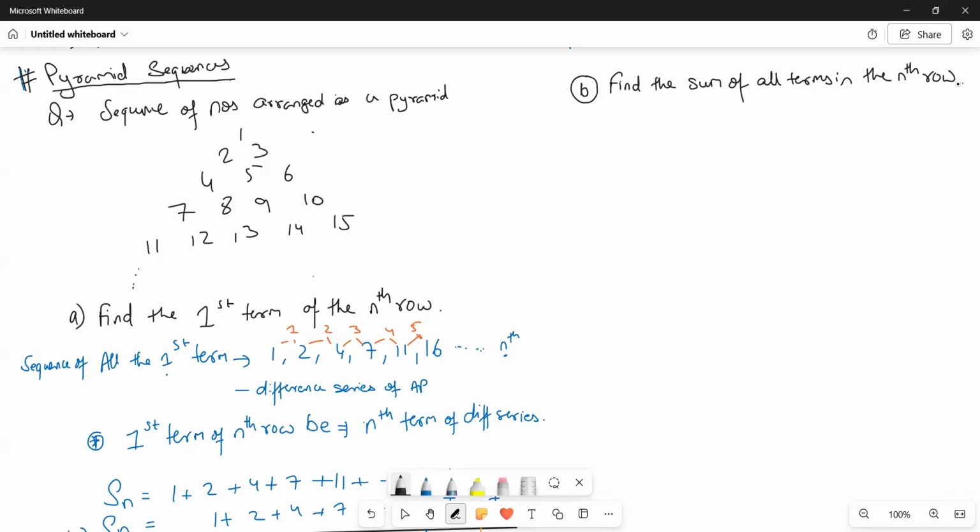Find the sum of all the terms in the nth row. सर एन क्यूब प्लस वन, नहीं एन क्यूब प्लस एन बाई टू।